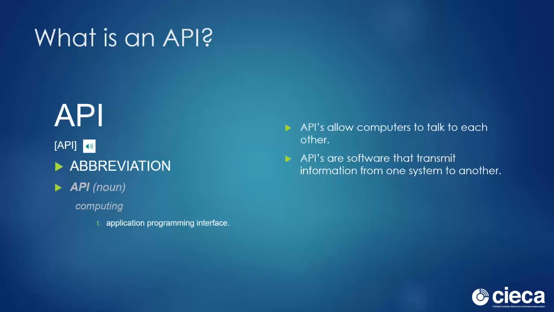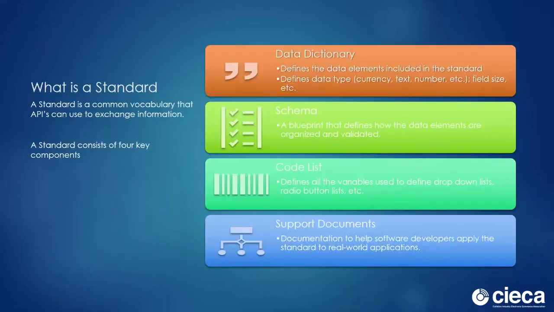Now, for this to work, both APIs have to be able to understand each other, and that's where standards come in. In the absence of standards, companies could build APIs, but it's a very time-consuming and laborious process as both companies have to define all the data they will exchange, how it will be formatted, how it will be validated, and ensure the data is accurate. Standards make this much simpler by developing a common language, if you will, that companies can use with confidence, knowing that all the parties using the standard are using the same vocabulary, the same context, and the same structure of information.